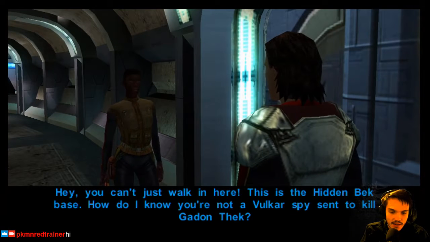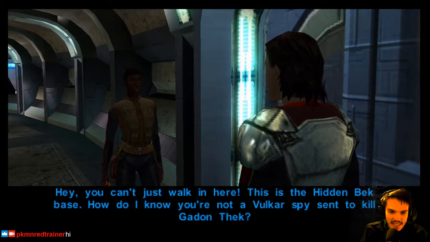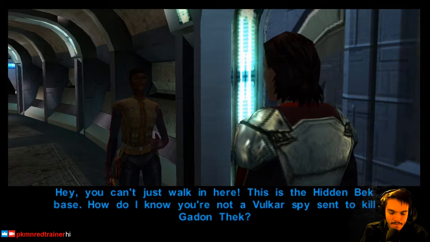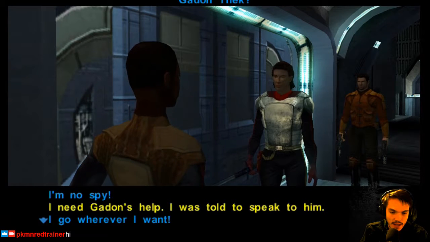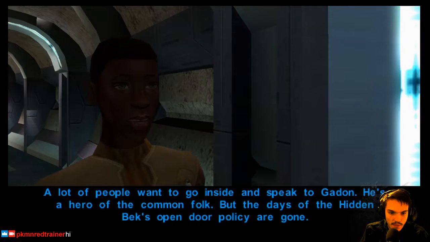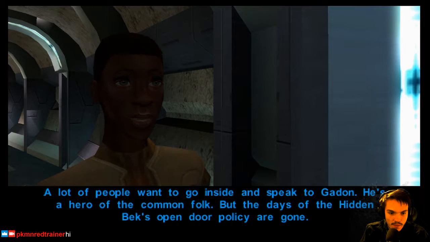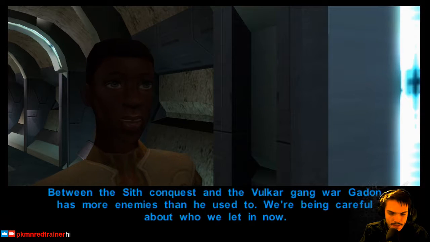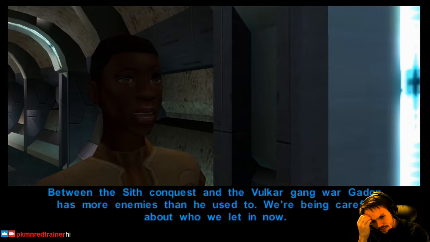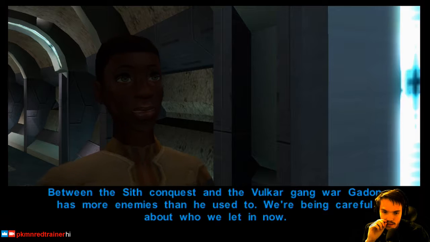Hey, you can't just walk in here. This is the Hidden Beck base. How do I know you're not a Vulkar spy sent to kill Gadden Thek? I was supposed to speak to him. A lot of people want to go inside and speak to Gadden. He's a hero of the common folk. Between the Sith conquest and the Vulkar gang war, Gadden has more enemies than he used to. We're being careful about...